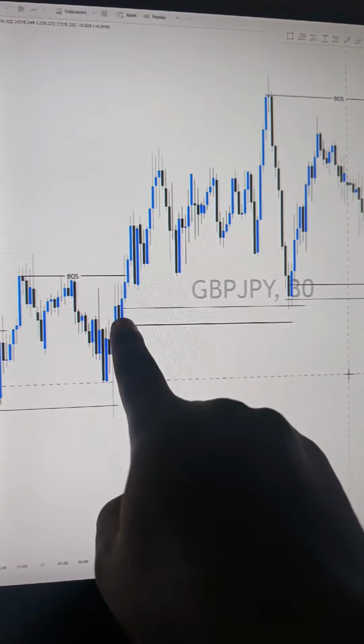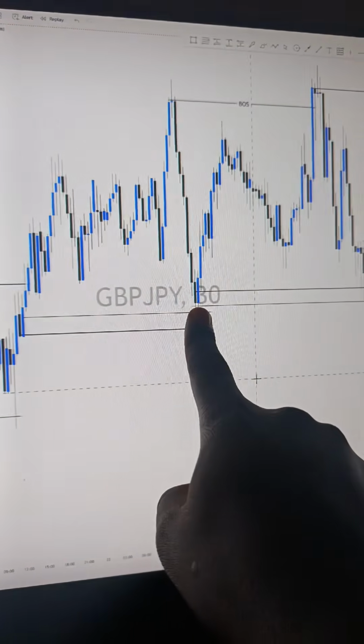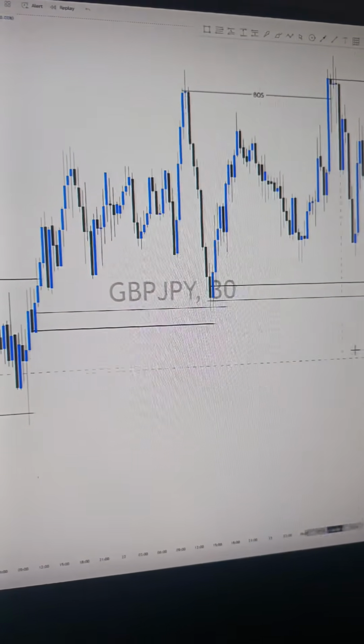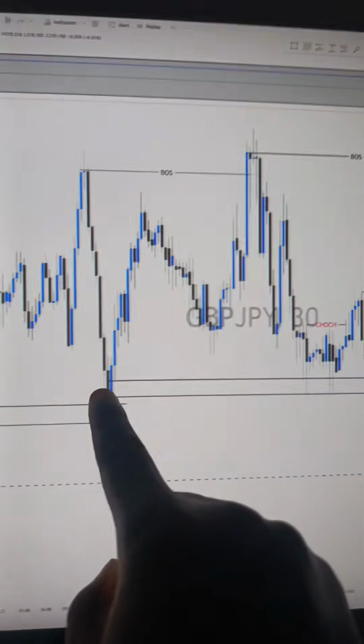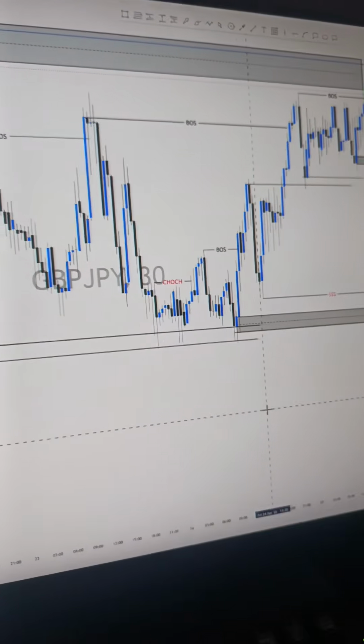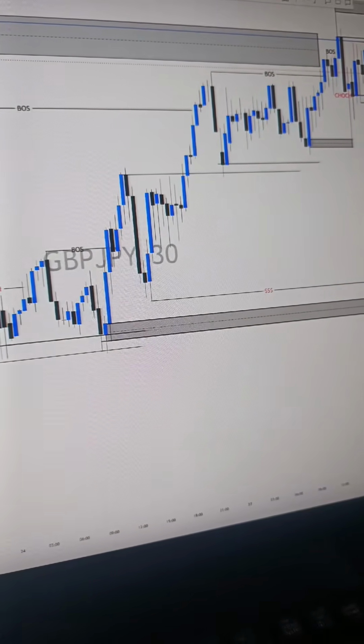Because of the break of structure, this was the demand. We mitigated the demand, and then we had that buy. So having that buy, we caused a break of structure around that area. This was the extreme demand. Market, we came for the demand, and then when we mitigated that demand, these are the changes of character which